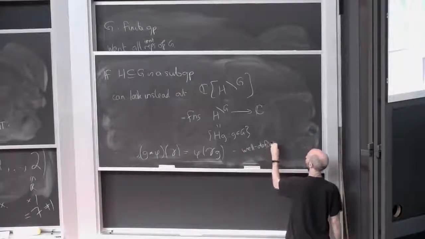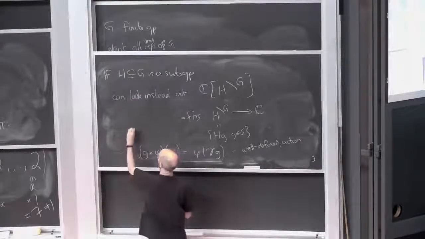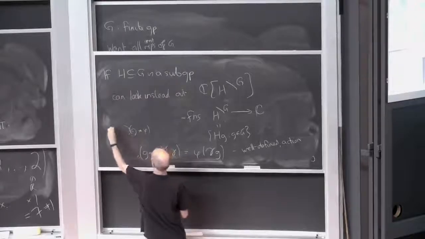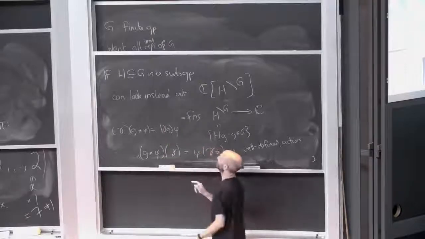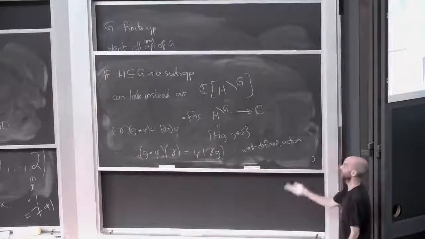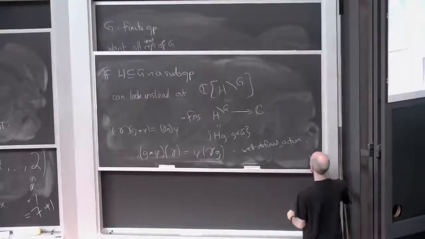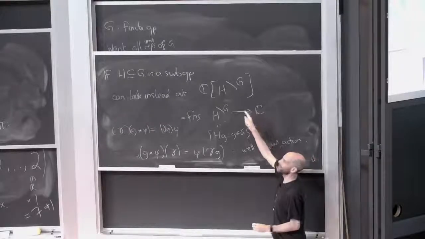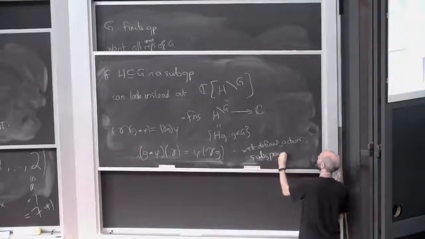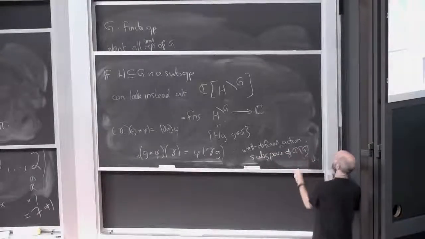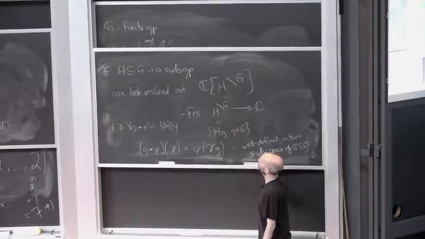And an action, how do you prove it's an action? Write maps on the right, right? Let's write maps on the right just for 1 second. g star phi, I need to prove this is gamma g. I'm writing that as the definition, and you see all the things are in the right order. So how do you check it's an action? It's obvious, right? So this is well defined, this is an action. And it's a subspace, right? And it's a subspace of C of G. Because C of G is just functions on G, and this can be regarded as functions on G which are constant on cosets of H.